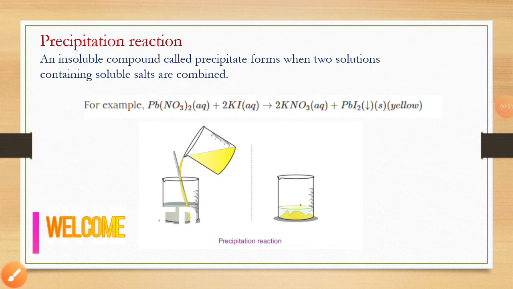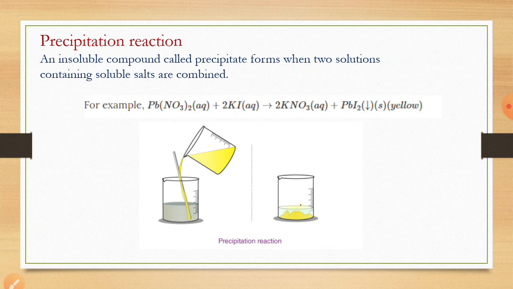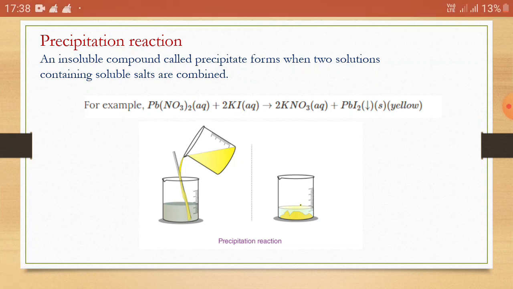Now the next reaction is the precipitation reaction. What is a precipitation reaction? It is when an insoluble compound, called a precipitate, forms when two solutions containing soluble salts are combined. Okay, examples: